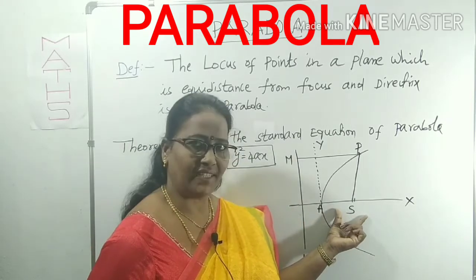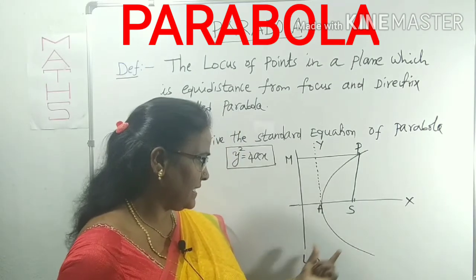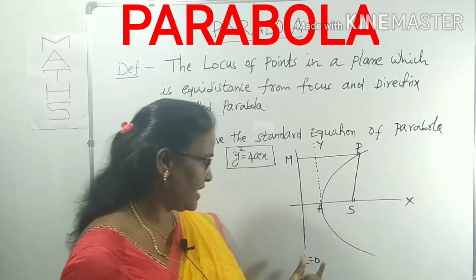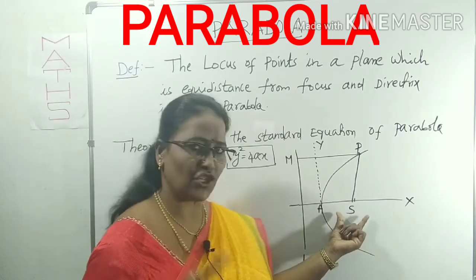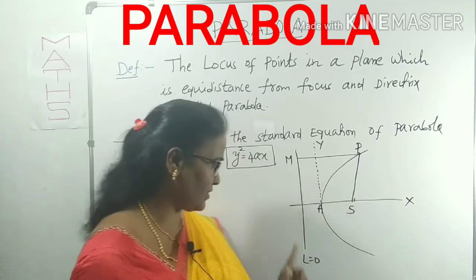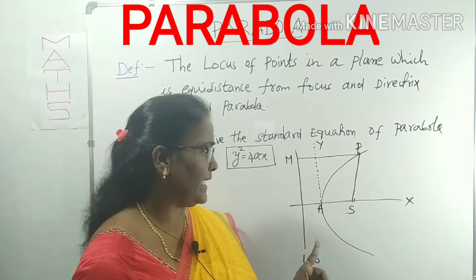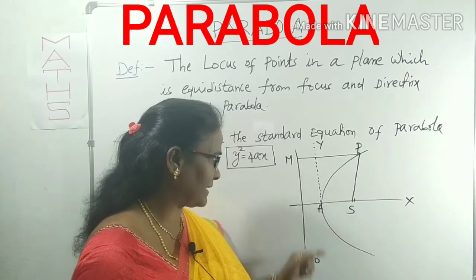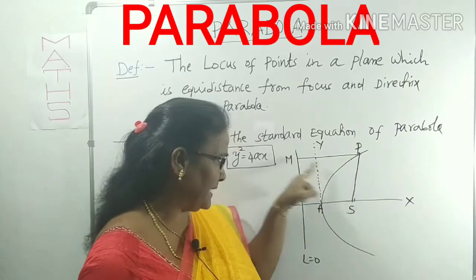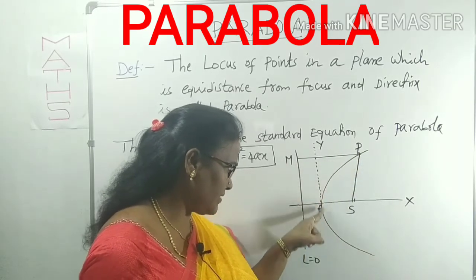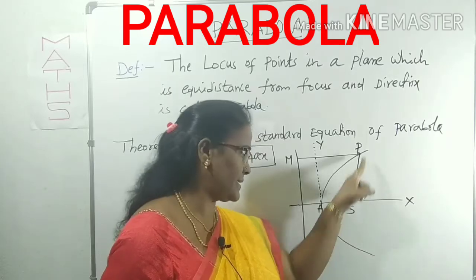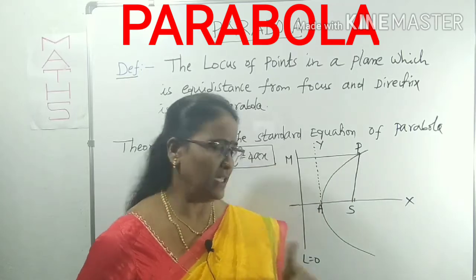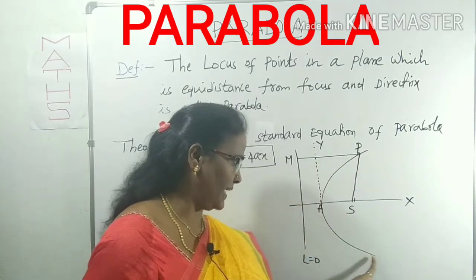Let S be the focus and L equal to 0 be the directrix. This is the fixed point, which I said is the focus. From here onwards you can call it the focus, and L equal to 0 is called the directrix. First you start with S as the fixed point, meaning the focus, and L equal to 0 as the directrix. We can take any one point in the locus which is equidistant from the focus as well as the directrix. That means SP is equal to PM. Such points form this type of curve. This is called a parabola. In the set I have taken only one point; all such points form a curve like this.